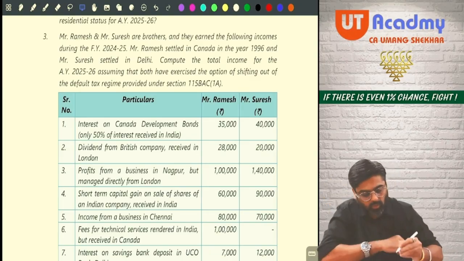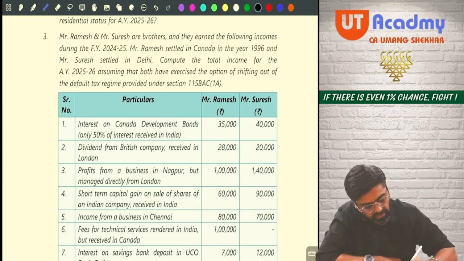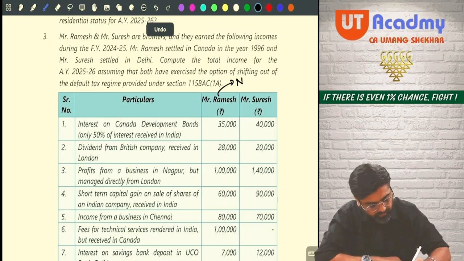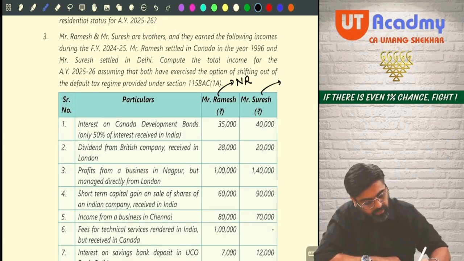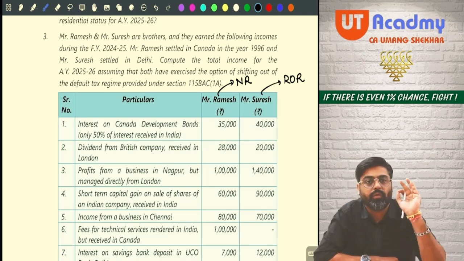Yes or no? So what will be the residency status for Ramesh? Come on, tell me. It will be NR. And what will be for Suresh? It will be ROR. Okay. Now we are supposed to